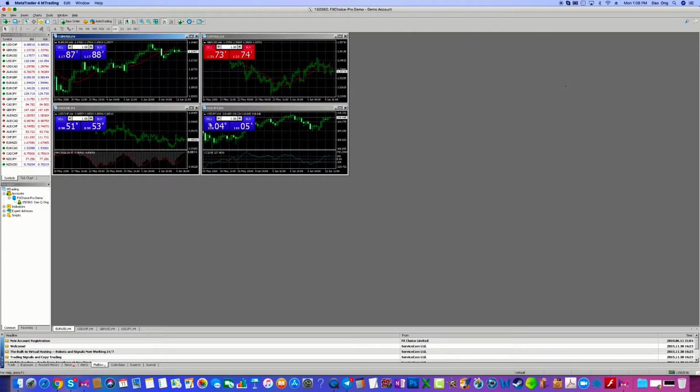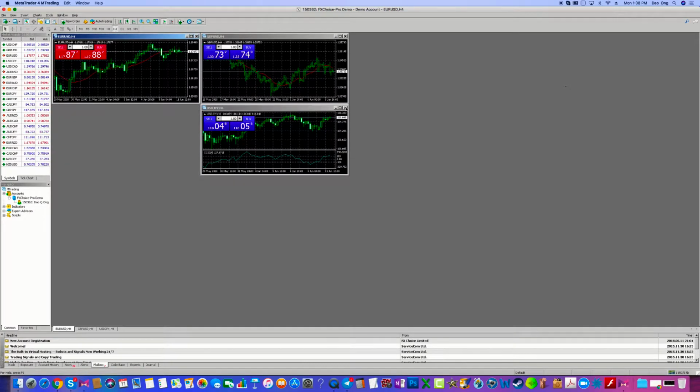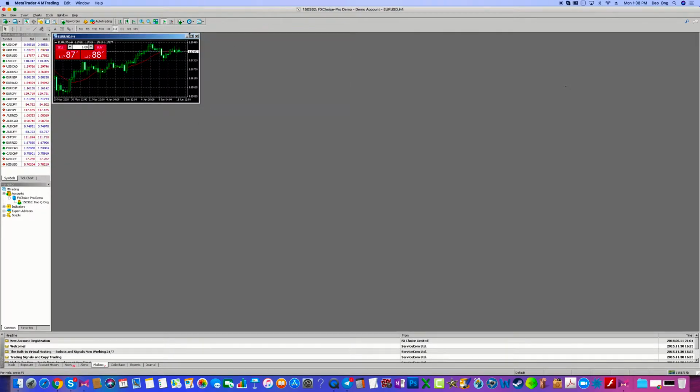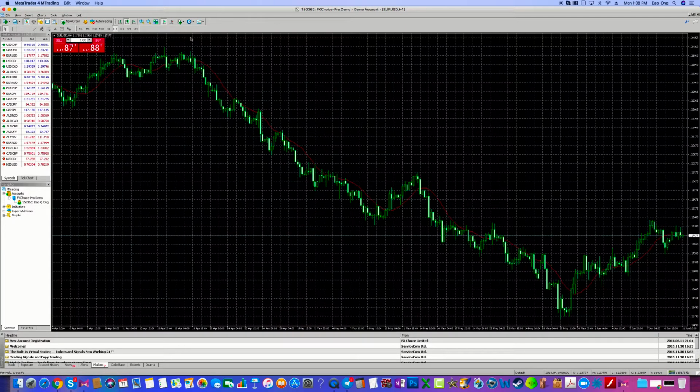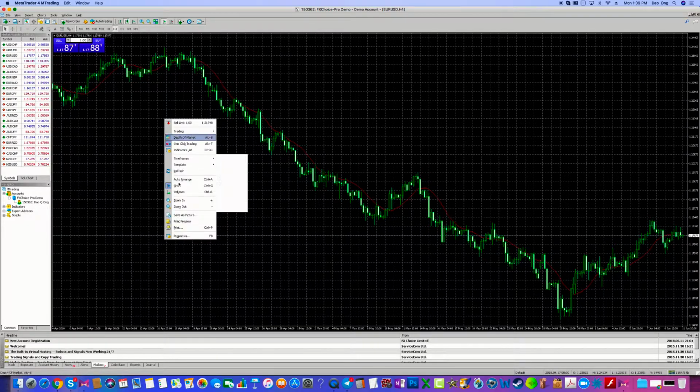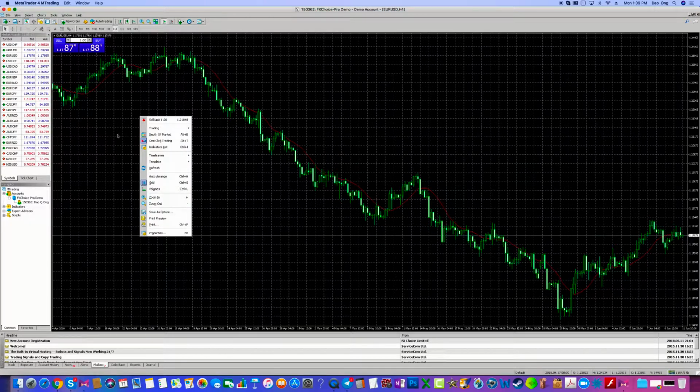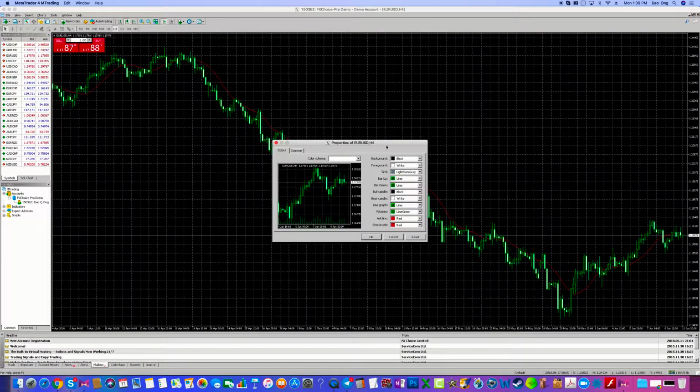We can go ahead and close out some of these charts and then enlarge this chart. So this is your basic chart and your candlesticks. Me, I like to have a little bit of a cleaner chart, so I'm gonna go ahead and remove some of it. So you can right click on this chart and go to properties, okay,